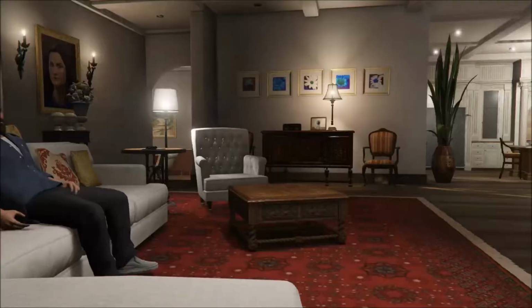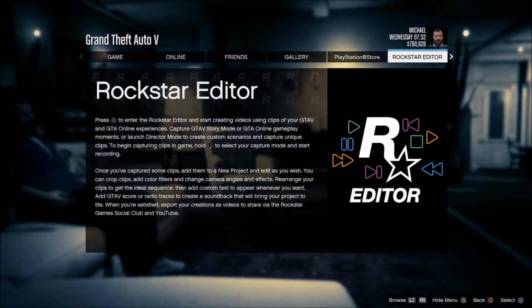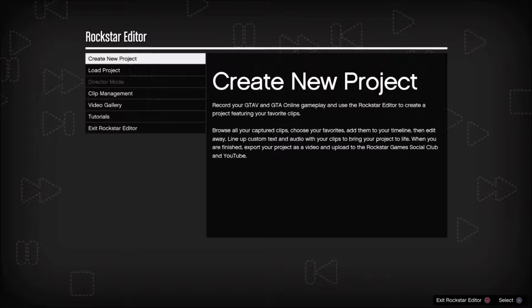Okay, so once you hit story mode again, just pause it, go across to Rockstar Editor. You will enter in and then create new project. Now, you remember in the last piece I mentioned that you can externally record the bits where he goes in and out of the buildings. You can't use those in here, so you would have to add those independently in Windows Movie Maker or Hitfilm or whatever